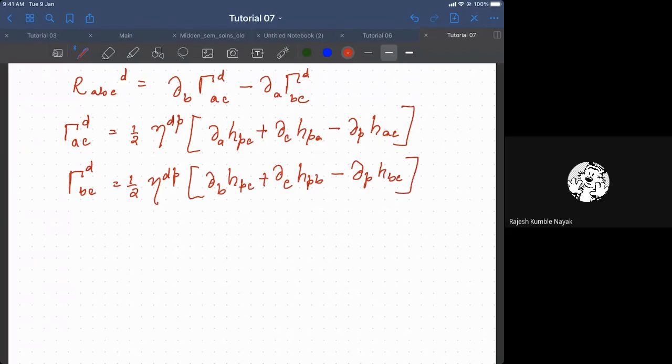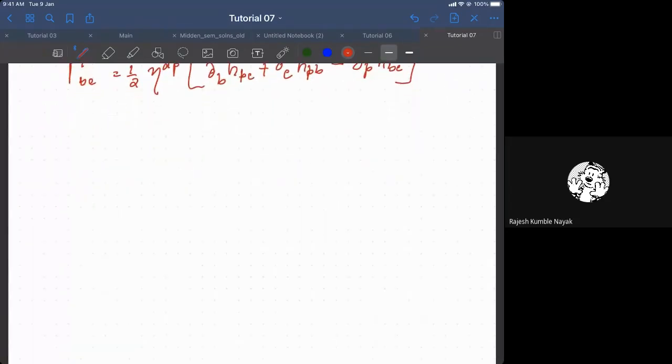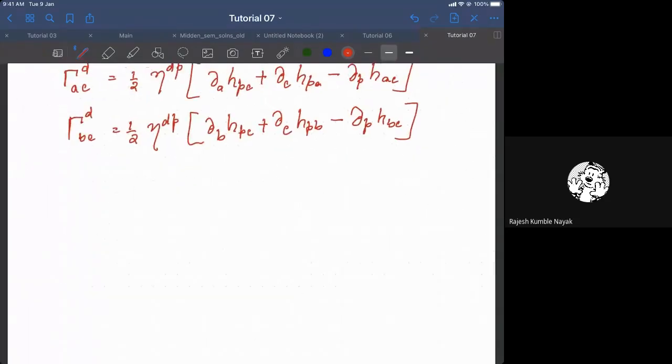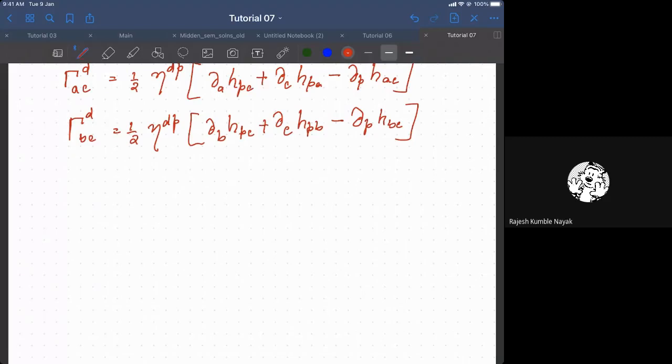Now we have to differentiate this and subtract from one another. The differentiation is fairly straightforward. Sir,